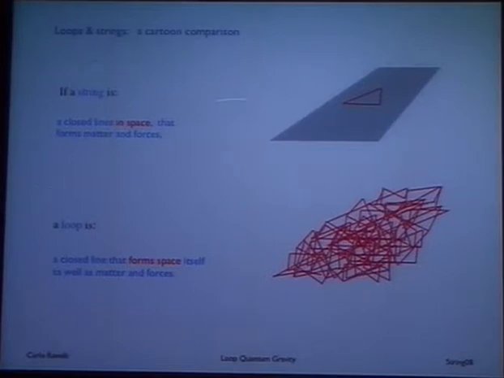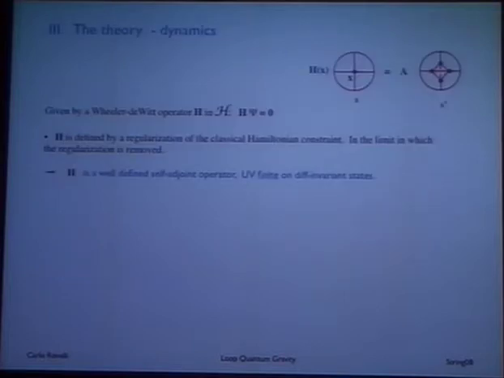So this is a cartoon comparison with strings. If you think of a string, in both cases, both theories explore the idea that extended one-dimensional, high-dimensional excitations define the interesting quantum field theory, but in strings you consider these things on a space-time, at least in the basic definition of the theory. In the loop approach, you consider these things as building space-time themselves. Now, what about the dynamics?